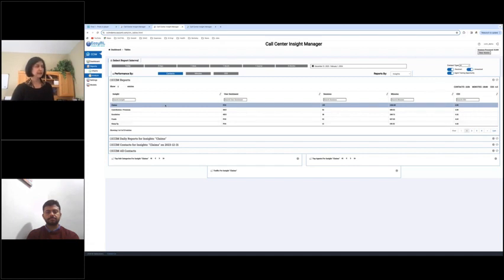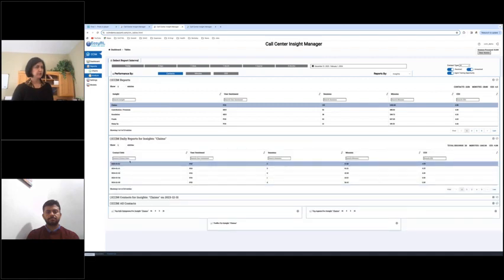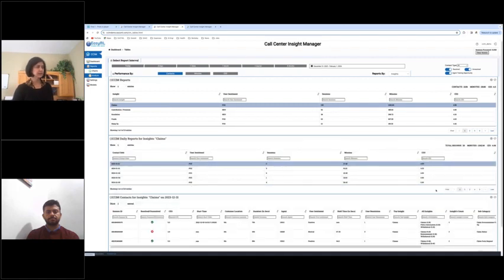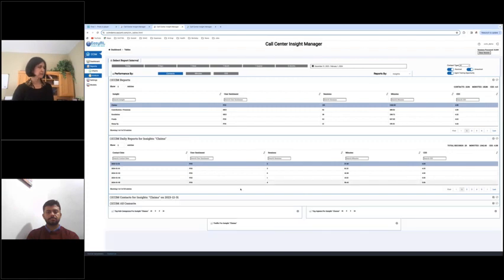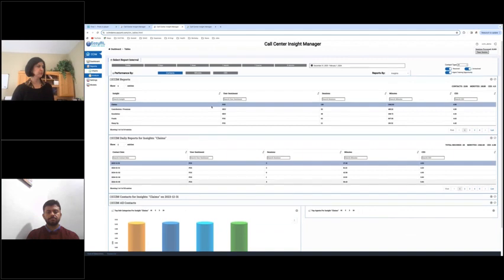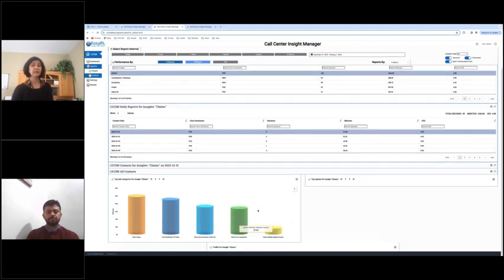So she tries to analyze further. She goes into the next level of analysis, and she looks at the sub-issues within claims.